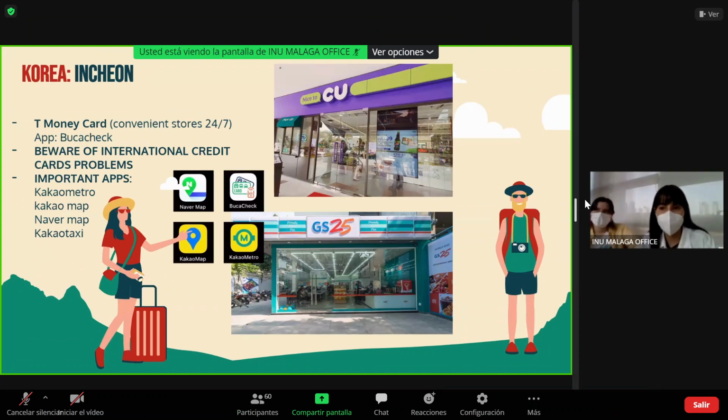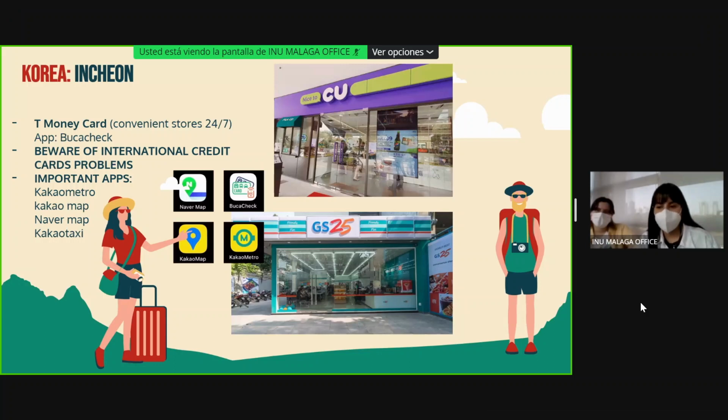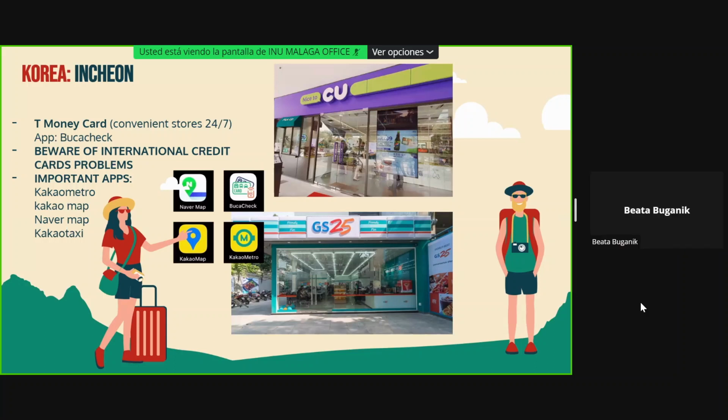Usually it's around 5,000 won, or maybe less, like around €5 if you want to think about that. You just recharge it the first time there in the convenience store, and then you can use the subway machine to recharge your card. And that's all you need to know. You can move with that card through the whole of Korea.